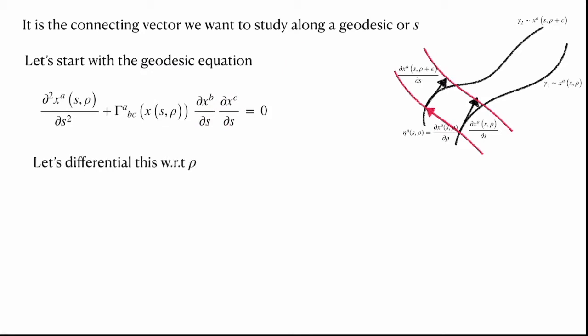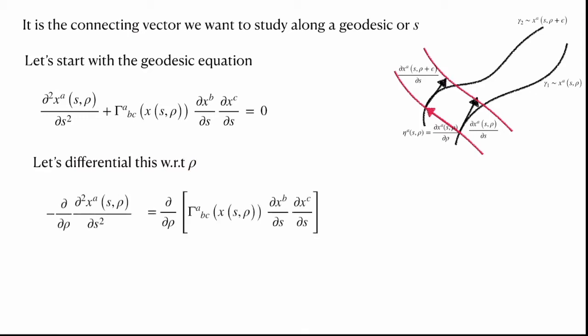Now let's differentiate both sides. Of course, this side is 0, so differentiate with respect to rho so that we can explicitly bring in the connecting vector. Once we differentiate and then adjust the sides properly, we simply differentiate with respect to rho, and that is what we get, with a minus sign because we have taken it to the other side of 0, and this side we have a differential of gamma and the tangent vector. So this is the equation it should satisfy.